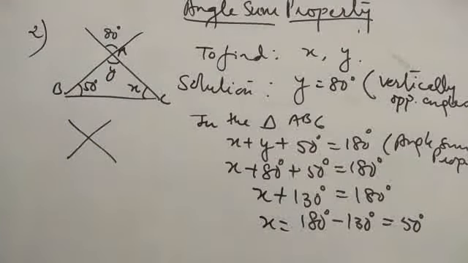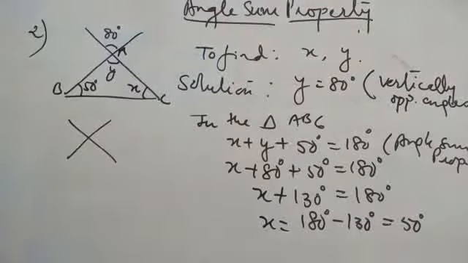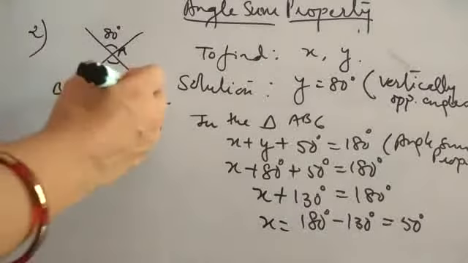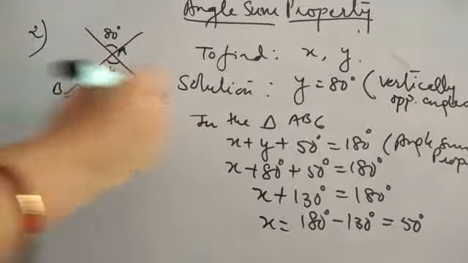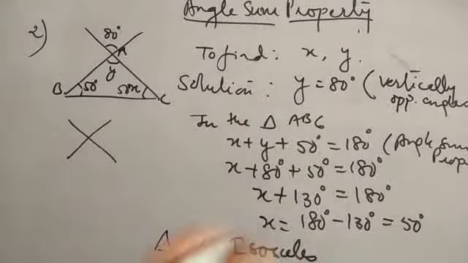Now if, in addition to finding out x and y, you are asked what you can say about this triangle. Once you have found out that this angle is also 50 degrees, can you say something about it? Two angles are equal to each other. So what kind of triangle is it? The triangle is isosceles. So this is how some additional questions can also be added to the questions. You have to read the question carefully and answer accordingly.